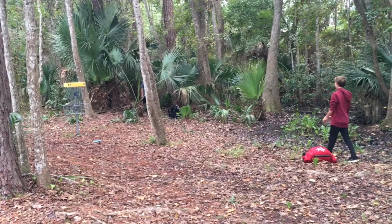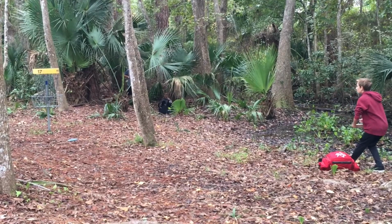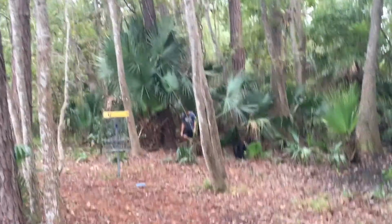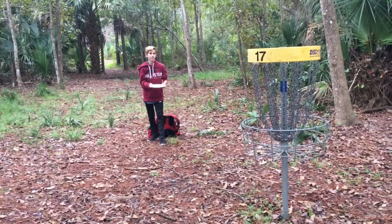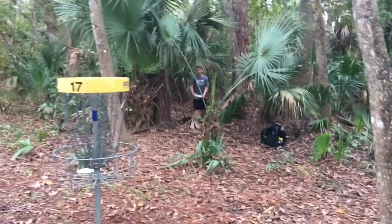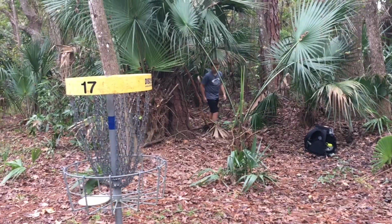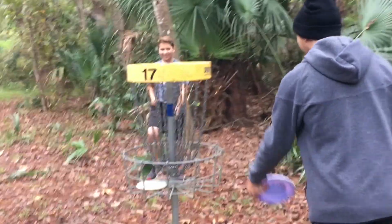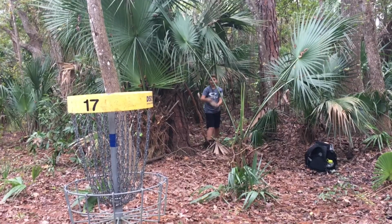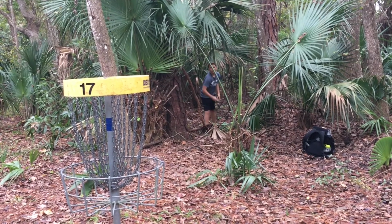Ah, it was close. But here's Connor for the double. Off the top band. Did you hear that? There was a moo in the back. There was an actual cow. Graham's spinning it in. Good par. I'll be taking a bogey. We have a tie. Well, that was the wrong score I said. But we have a tie going into the last hole,